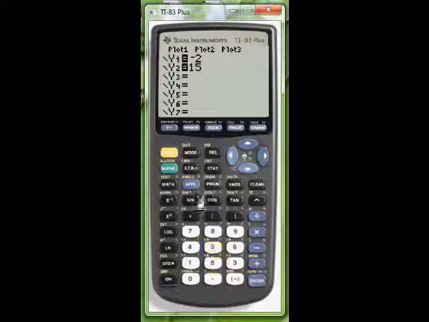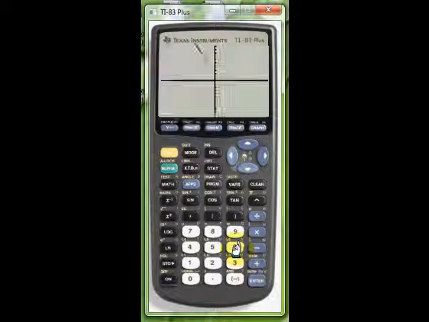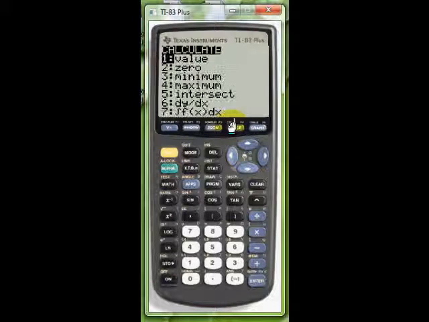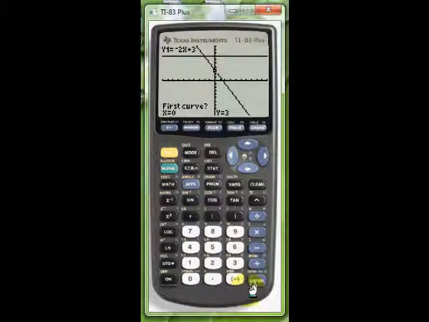Put the left side in y1, the right side in y2, press zoom 6, okay, and I can see the intersection really nicely on this one. So second trace and 5, and press enter 3 times, and my intersection is x equals -2, so my answer